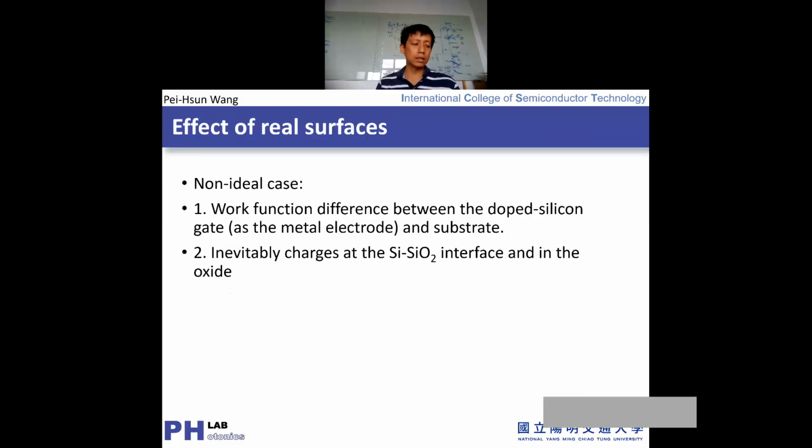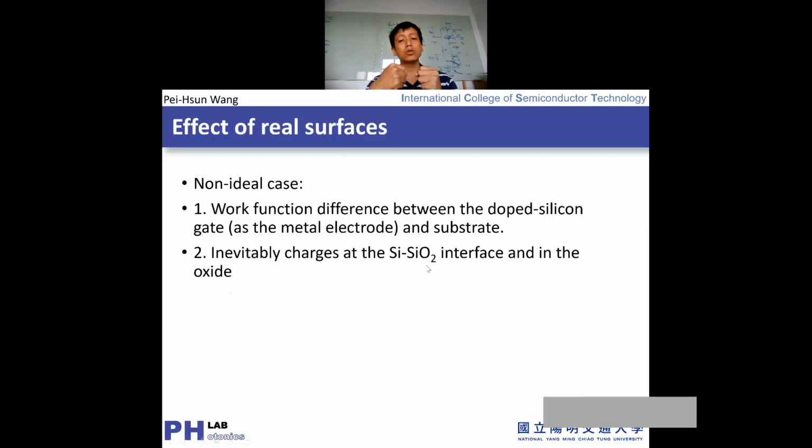Okay. And of course, there will be some non-ideal cases. What does this mean? There will be some work function difference with the doped silicon gate, and also there will be some doping and defects along the surface. For instance, if you thermally grow the oxide, maybe you get a certain defect along the oxide surface, or if you have certain doped materials along the metal plate, you get a certain defect or some trapped ions along the surface. That will change your surface energy and also change your surface potential. And also you get